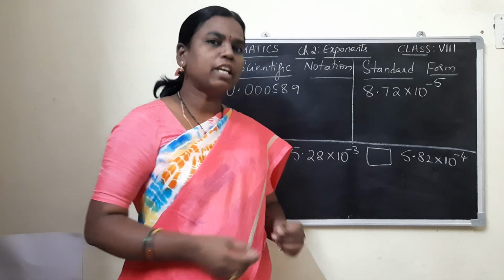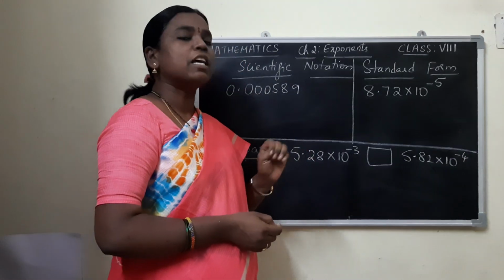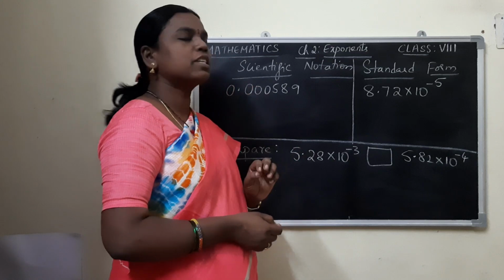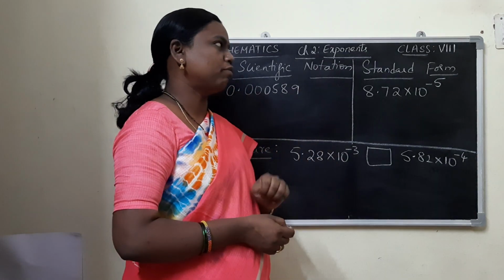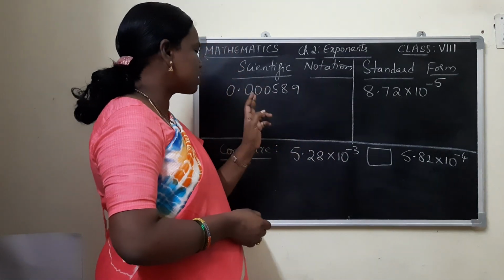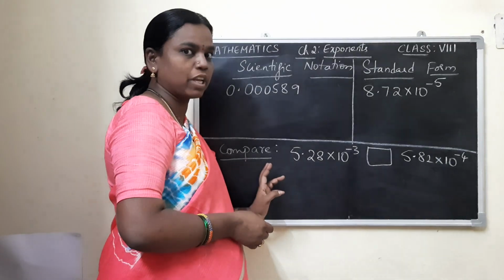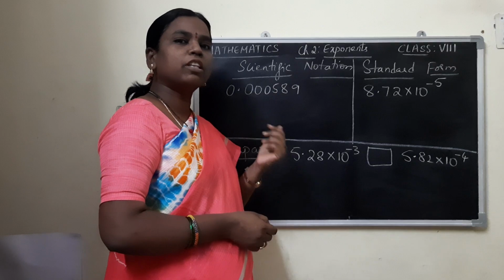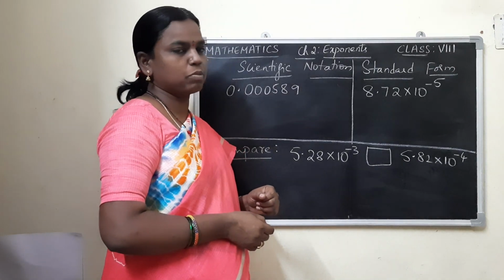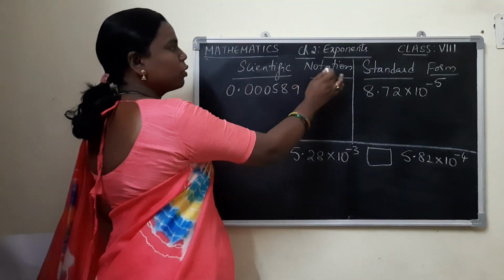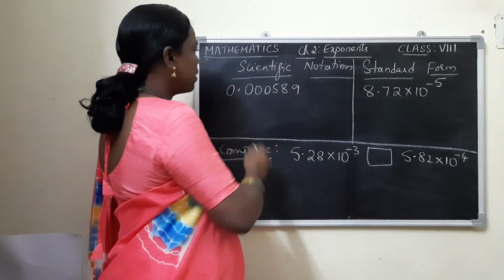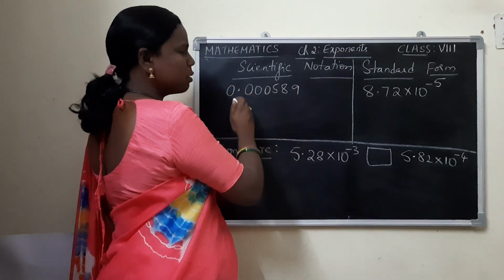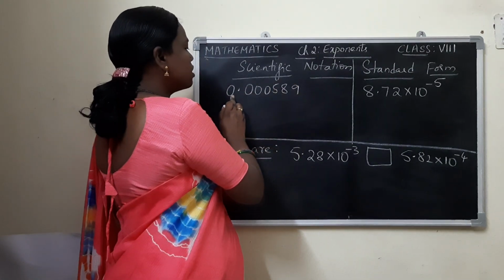As we have already completed the chapter exponents, now let us revisit the scientific notation and standard form. Today let us discuss the comparison as well. Let us solve a few problems based on this and then go for HOTS problems. Now, to recap scientific notation, we have seen a problem somewhat like this,